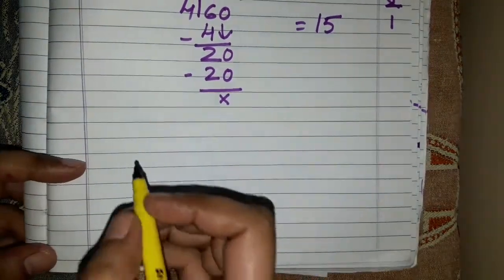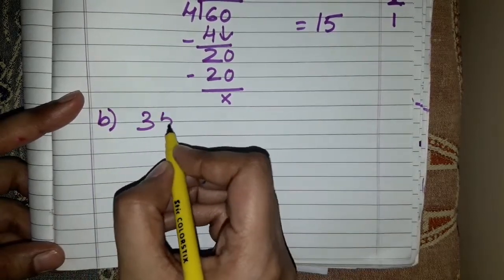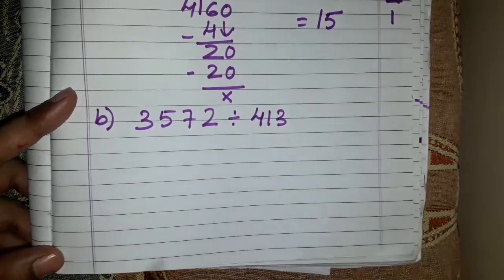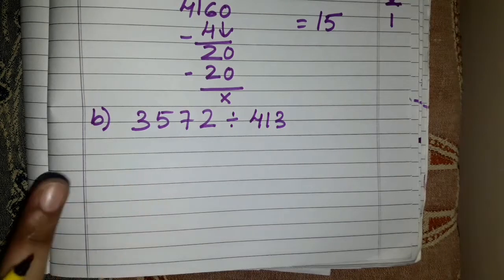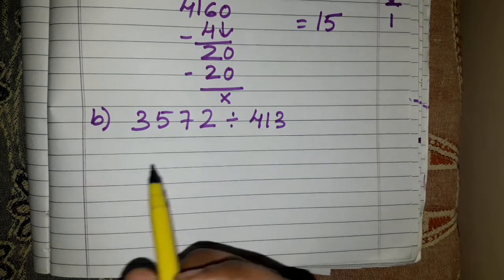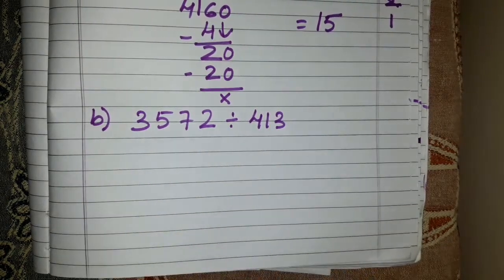Now let's take another case. Let's take a number in thousands. In your books you will not find such kinds of sums, because in your books they have given only hundreds divided by tens numbers. Now this is a 1000 number which is divided by 100, and this is estimation, not that division which you learned in 4th and 5th.